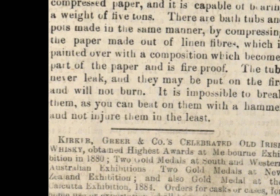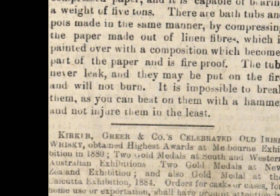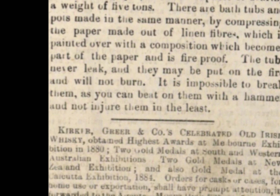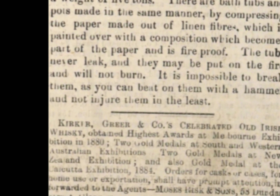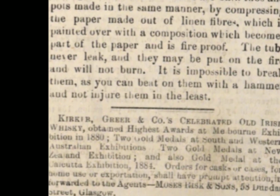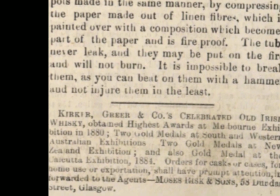There are bathtubs and pots made in the same manner, by compressing the paper made out of linen fibre, which is painted over with a composition which becomes part of the paper and is fireproof. The tubs never leak and they may be put on the fire and will not burn. It is impossible to break them, as you can beat them with a hammer and not injure them in the